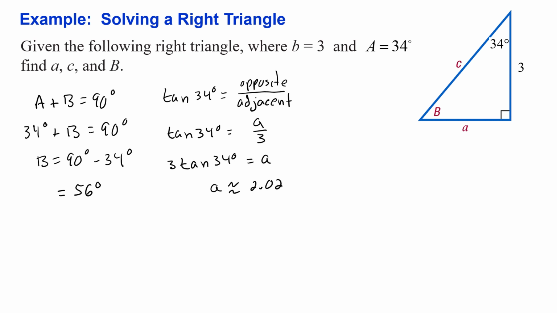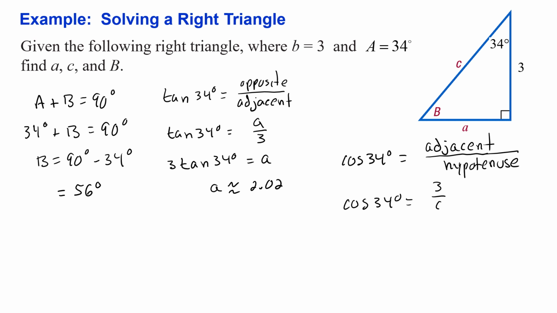And just a quick note to make sure the calculator's in degree mode, and we would round to 2 decimal places for lengths of sides. Next, we're going to use the cosine function to find side C. We know that cosine of 34 degrees will equal the ratio of the lengths of the side adjacent to the hypotenuse. So cosine of 34 degrees equals 3 divided by C. Therefore, C times cosine of 34 degrees equals 3. Dividing both sides by cosine of 34 degrees, we have C equals 3 divided by cosine of 34 degrees, which